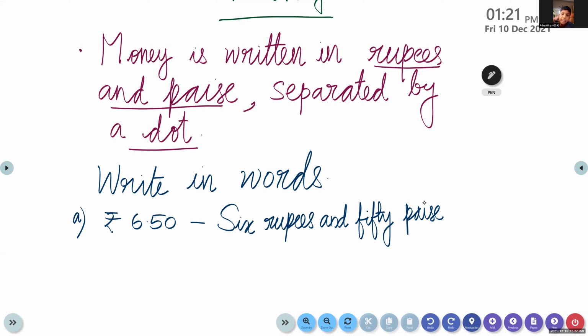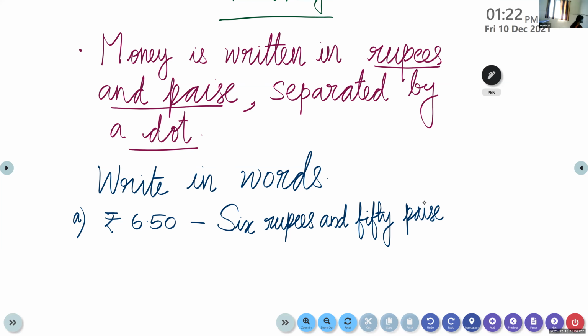Ma'am, if we have the same page, we can take. You can. If it's a new chapter, no. Otherwise, you can continue in the same page. Ma'am, my math notebook is missing. That's why I wrote in a new book.